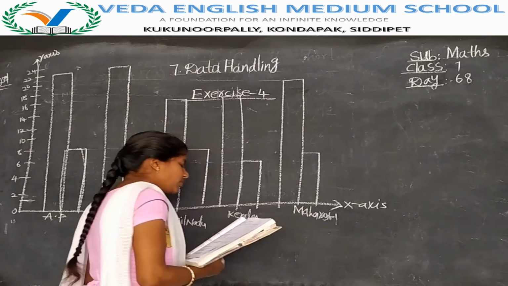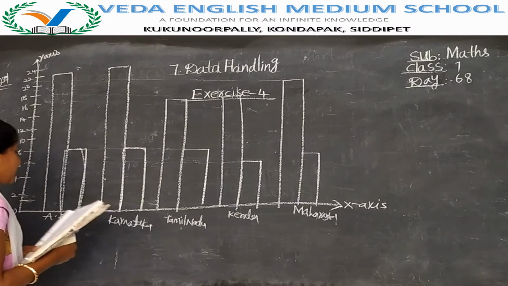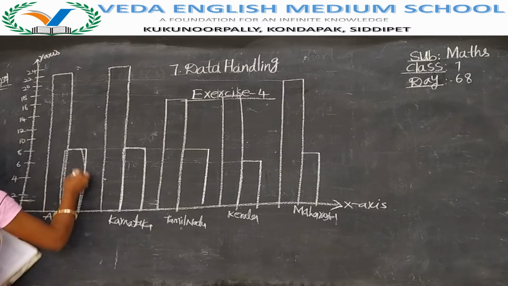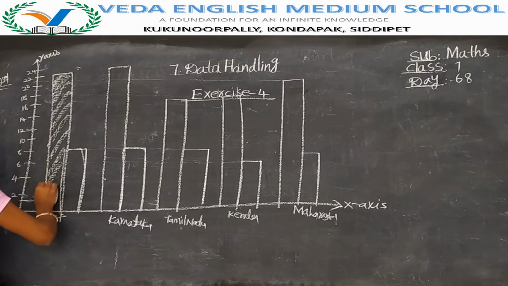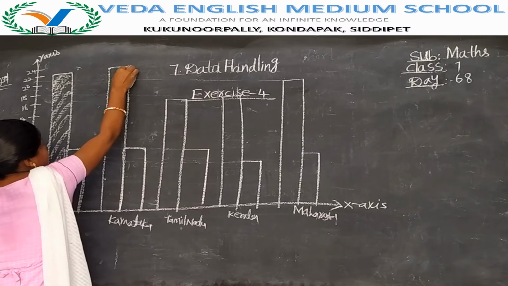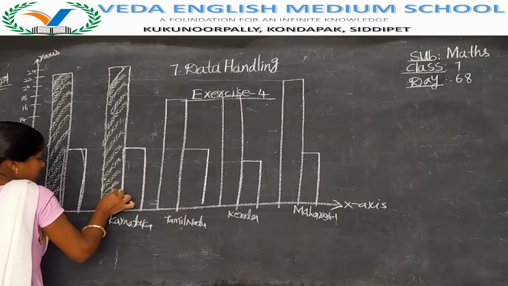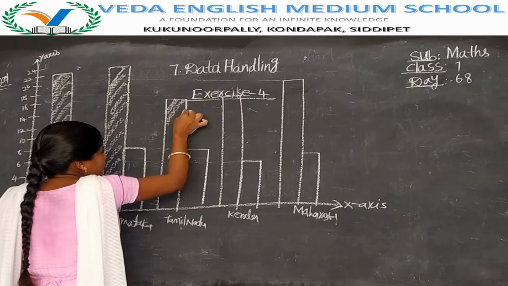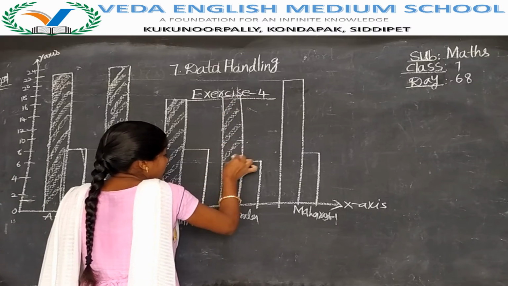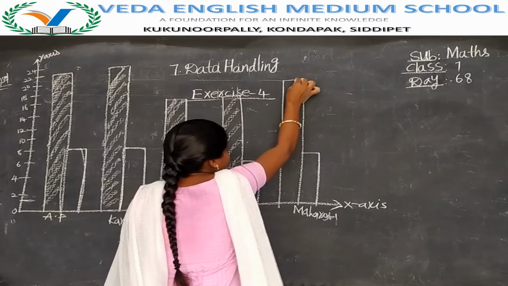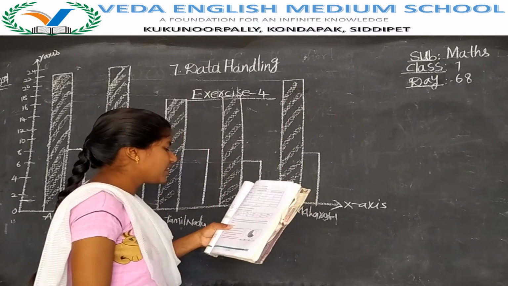The last one is Odisha, which you have to draw: 24 and 11, both you have to draw. After drawing that, shade the birth rate bars, son. Shade all the birth rates. Then the death rate we leave like that only.